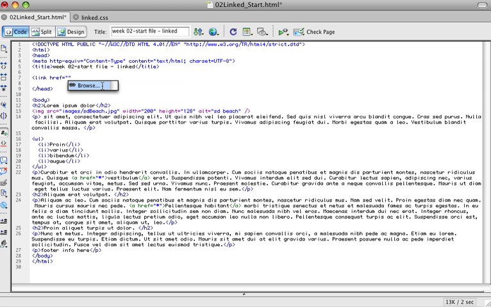And you can see that I just hit return and Dreamweaver's putting the quotes in, and it's also asking me to browse. So you can use this if you want to browse. I know where my files are. They're in a folder called styles, and the name of the file is called linked.css, and that needs to appear